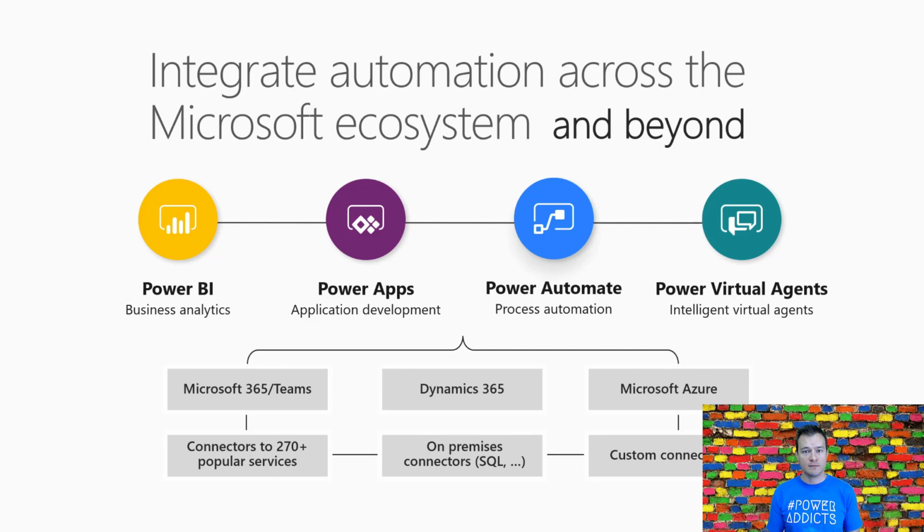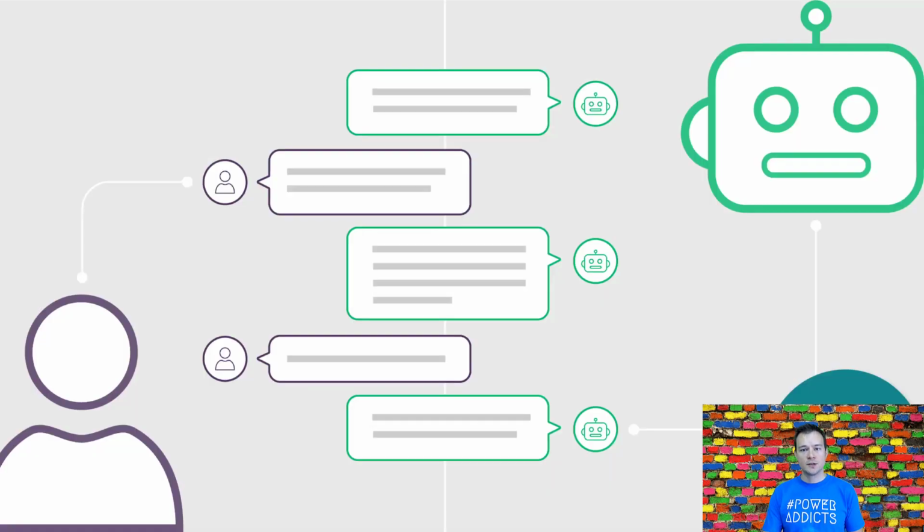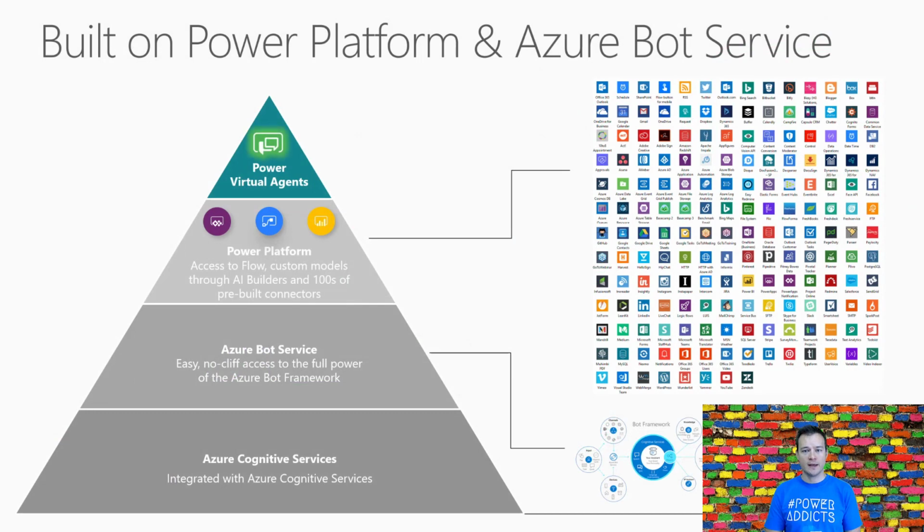We can query data from on-premises, we can query data from online, from the Common Data Service. And then we can as well build our own custom connectors if we want to. We can extend these tools to boundaries that were never reachable before. So with the Power Virtual Agent, we're actually able to create this kind of communication and then use it internally to help our employees make their work faster. Now, when I mentioned that Power Virtual Agents is built on top of, I meant it is built on top of not only the Power Platform, but as well the whole Azure Bot Service and the whole Azure Cognitive